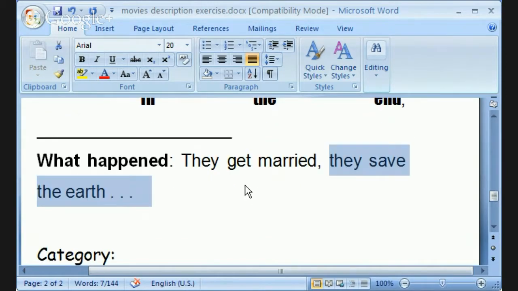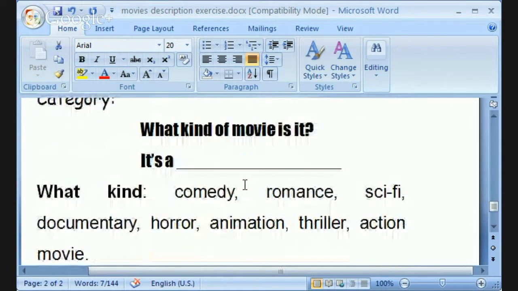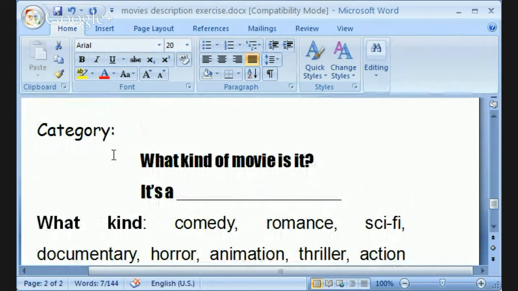Okay. Other things, when you're talking about movies specifically, of course, you might want to mention what kind of movie it is, a category. When you're describing things like movies or books or music, we talk about the genre. All right, in music, there's blues and reggae and classical music, salsa music. In movies, of course,